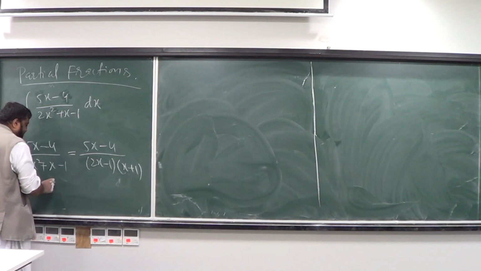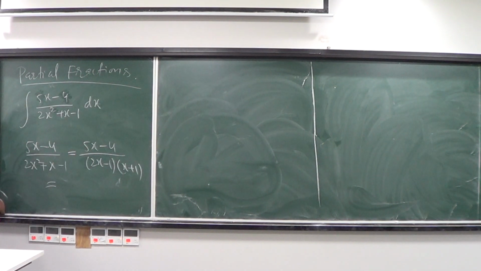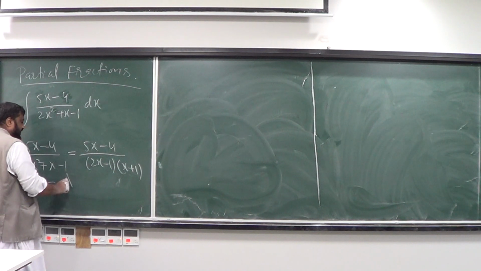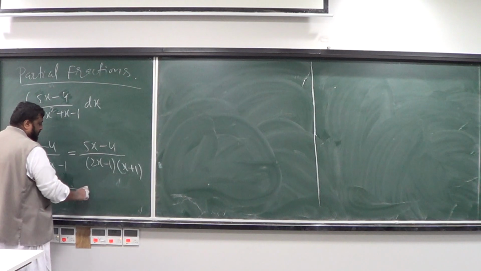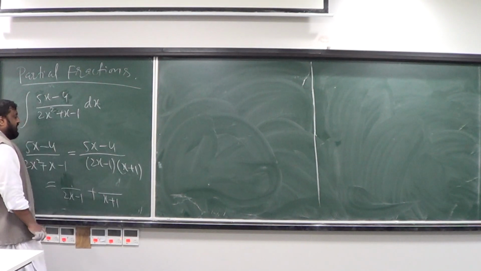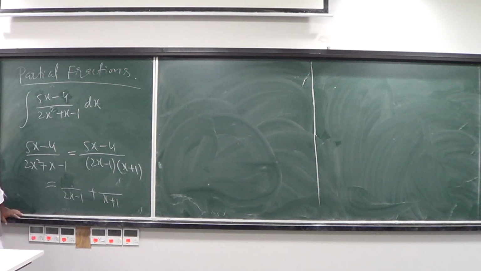Then what you essentially have to do is simplify this expression. You say that you could break such a fraction into the form of something divided by 2x minus 1 plus something divided by x plus 1. If you can separate them, then doing the integral would not be difficult, because